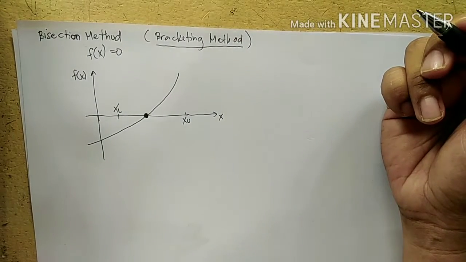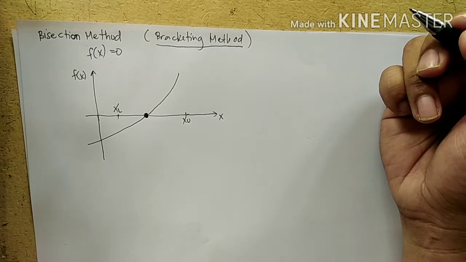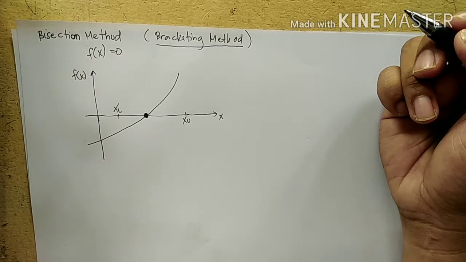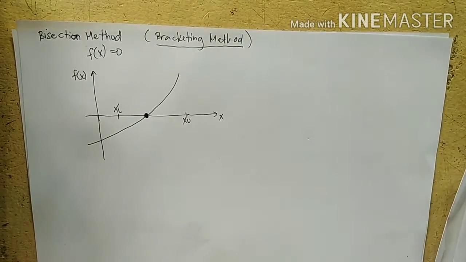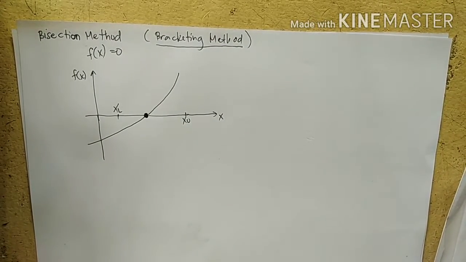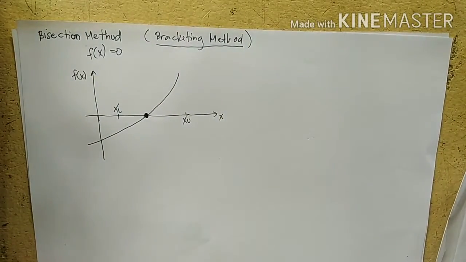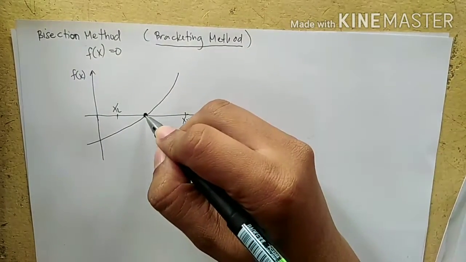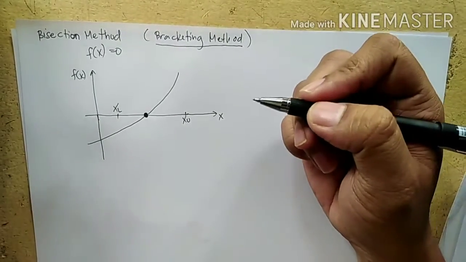the function. So we don't know whether this function is a cubic, or a line, or a parabola. We don't know what polynomial the curve is. So what we know is the intersection between the x-axis and the curve.